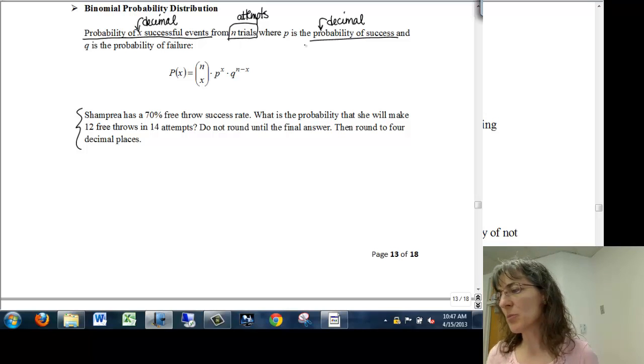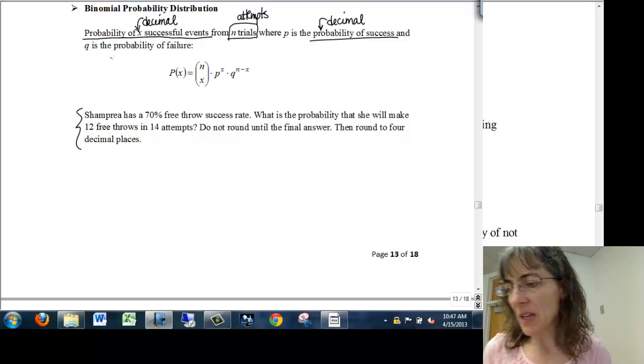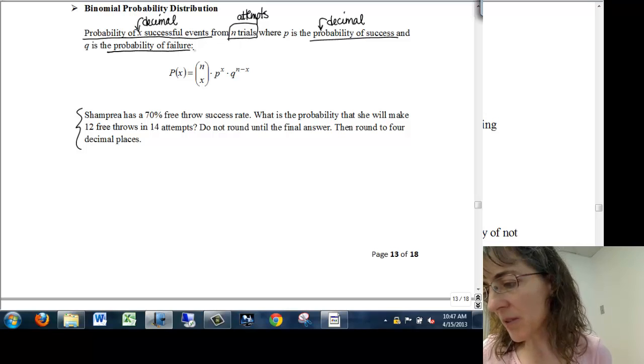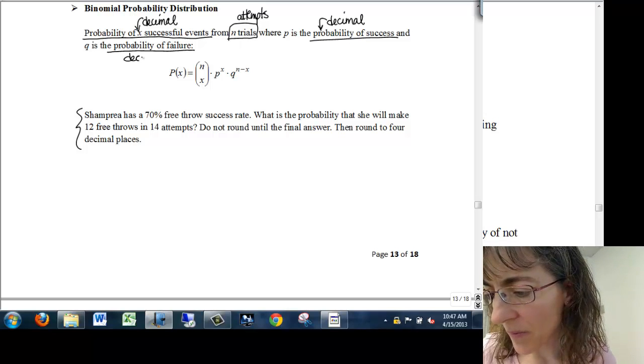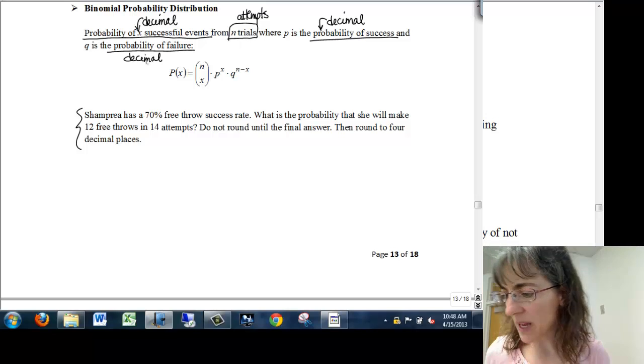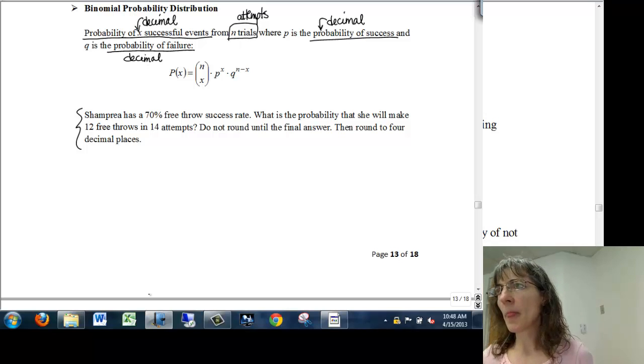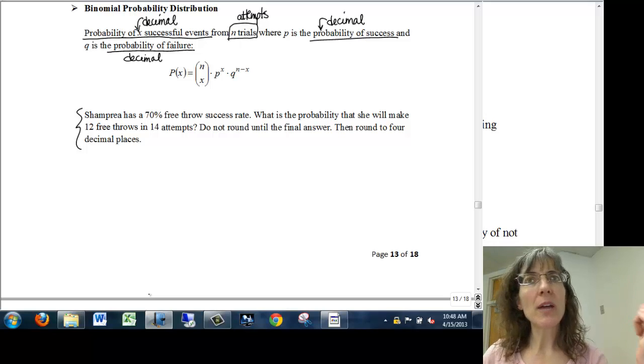So P is the probability of success, and Q is the probability of failure. What do we expect Q to be? Percent or decimal? Decimal. And for Shampria's example, you're saying 0.3? Yeah, if it's the probability. And how'd you find that? Subtracted 1 minus 0.7. 1 minus 0.7 for Shampria's problem, right? Okay. So we're looking at what, if you know the probability of success,